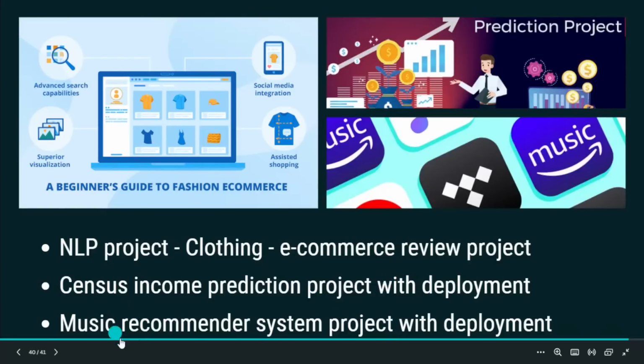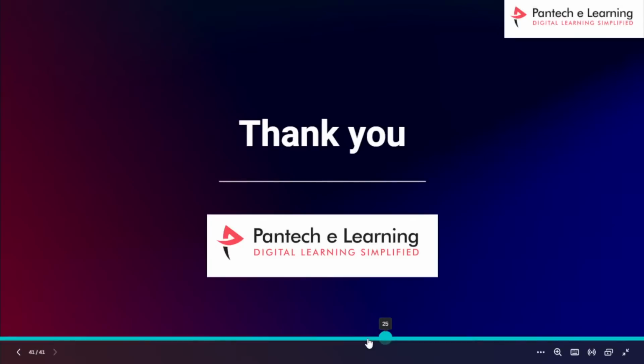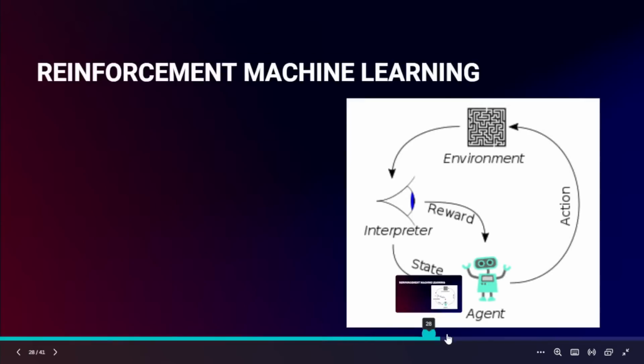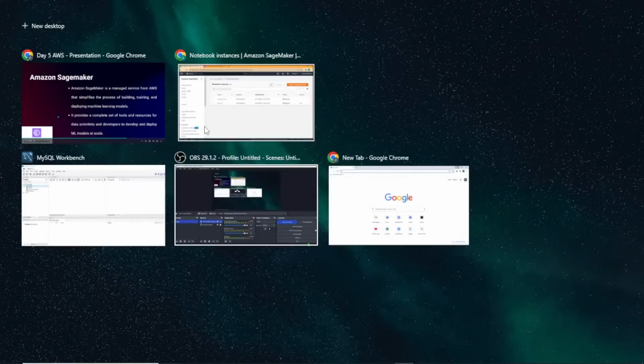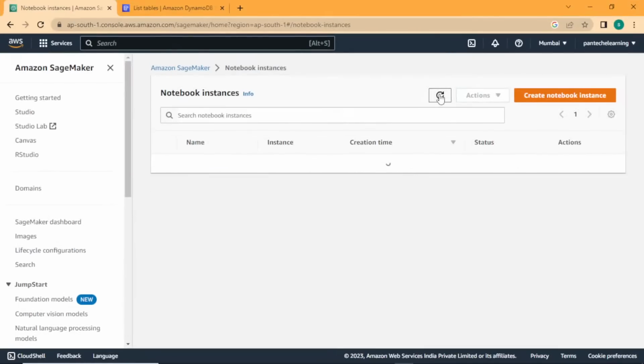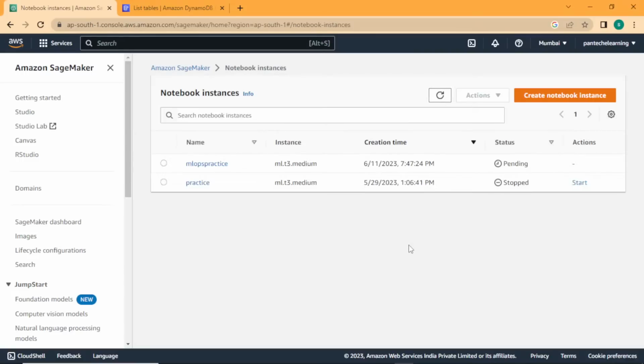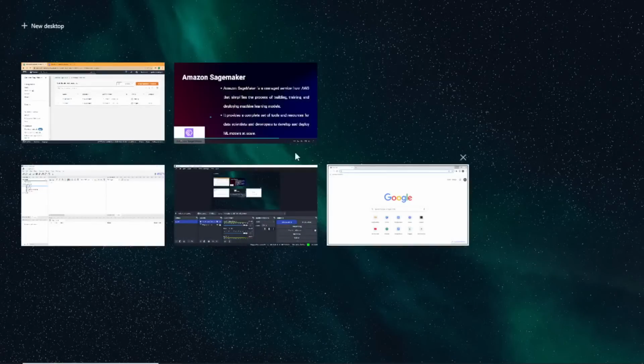Clear? And I think we can go back with the thing. Yeah, in SageMaker, we'll just try to see whether it is created or not. Okay, it's creating. We'll wait for it to complete. And again, in the meantime,